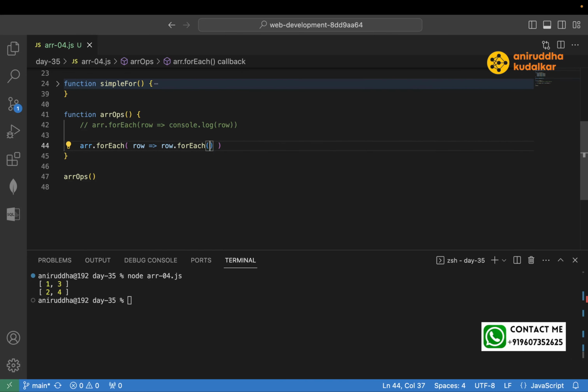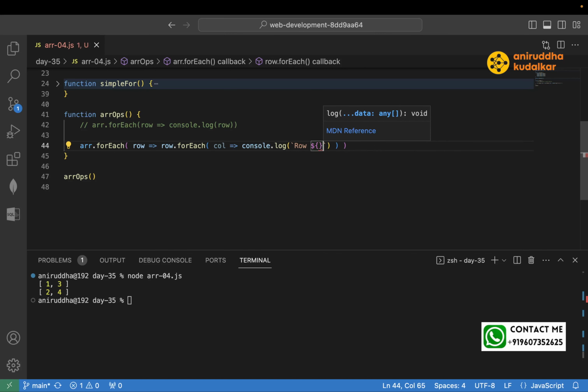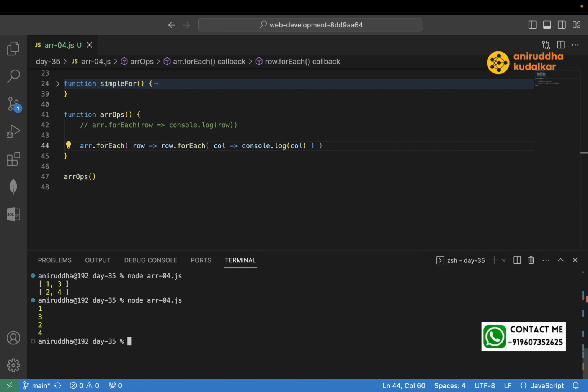Row dot forEach again, and column. So here we can say console.log row, console.log. Here you can say column. Now run it again. Can you see 1, 2, 3, 4? Row itself is an array, remember that. So here row itself is an array, and if you want to access elements of this,